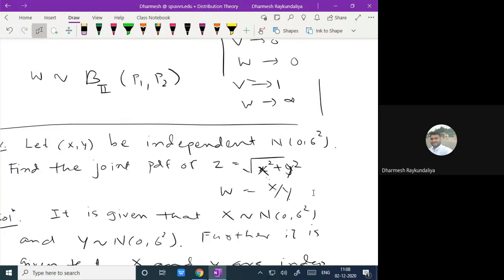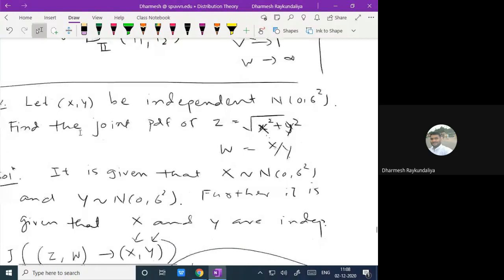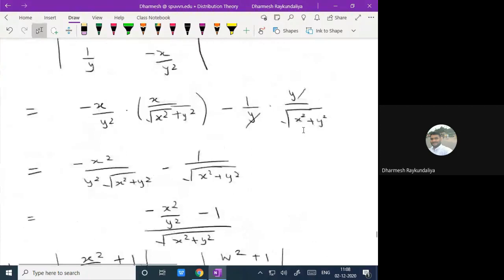Similarly, we are saying that the square of standard normal is chi-square, and the ratio of standard normal to square root of chi-square divided by corresponding degrees of freedom is t. Ratio of two independent chi-squares is F. Okay. So similarly, if we have the basic distribution and we wish to obtain the distribution of others, we obtain it by the transformation of variable technique. But you can directly remember this result. If x and y are normal 0 sigma square, then what is the distribution of W? It is a standard Cauchy.